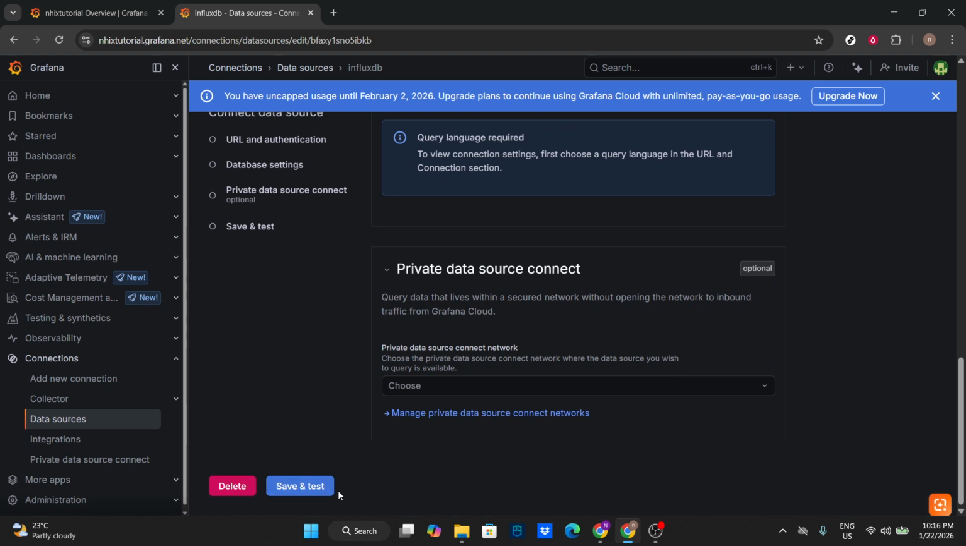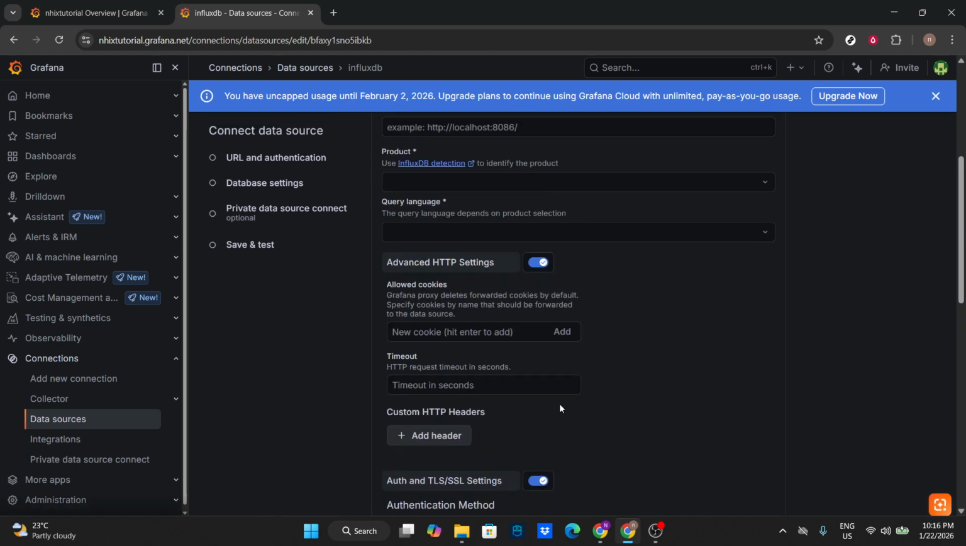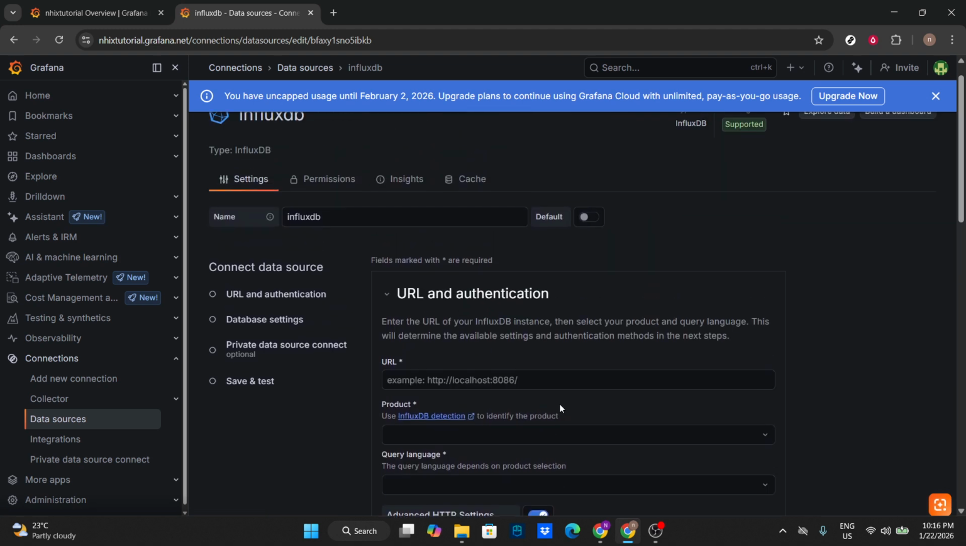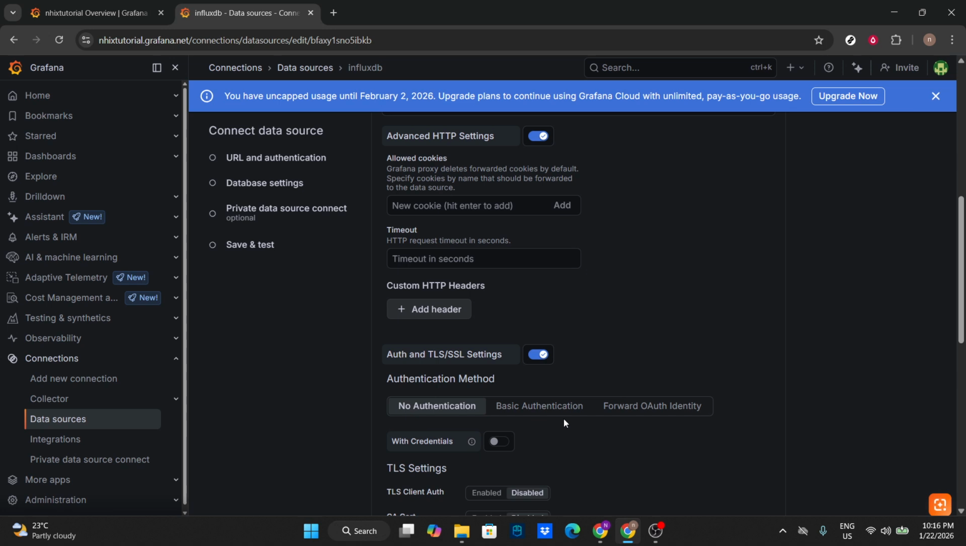If the test fails, double-check the URL, the product selection, the query language, and any tokens or credentials for typos or missing permissions. Adjust as needed, then click Save and Test again until you get the green light, and that's it. You launched Grafana, navigated through Connections and Data Sources, found InfluxDB, selected the correct product and query language, and